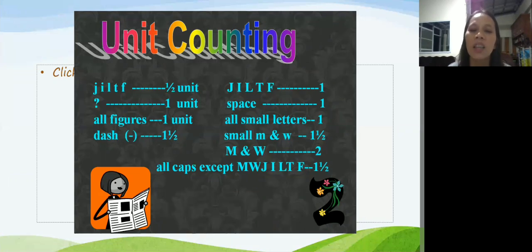How do we count the unit of letters, numbers, figures, or punctuation marks? So remember, yung mga flit J na small letters, 1/2 kasi maliit lang ang tayo niya sa space. And ano pa yung mga 1/2? Yung mga quotation marks, just like quit, comma, period, ano pa, hindi mo nagpiperiod sa headline. Yung mga ganito, tandang padamdam. And then all figures, 1 unit, except 1. Kasi ang 1 ay maliit. So 1/2 yun.